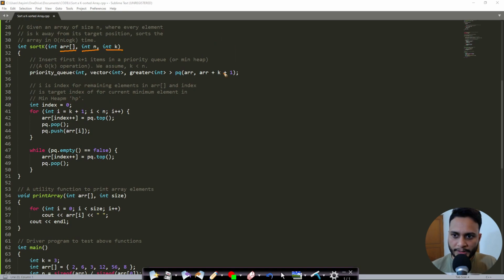So I had already told you that we will be taking the first k plus 1 elements and pushing them into a heap. So in this case they have taken a priority queue, which is also a heap. Now after taking the heap, we will be taking index value equal to 0, because we will be taking an answer vector which we will be filling. I already told you this. So we will be filling from index 0. Now once we have filled all the k plus 1 elements, we will be starting from the k plus 2th element. Since indexing is done from 0, we will be filling k plus 1 elements from index 0 to k, and here we will be starting from index k plus 1 and moving to index n minus 1, right?